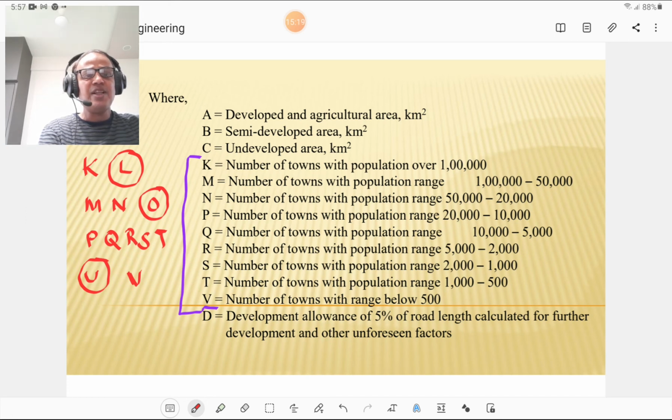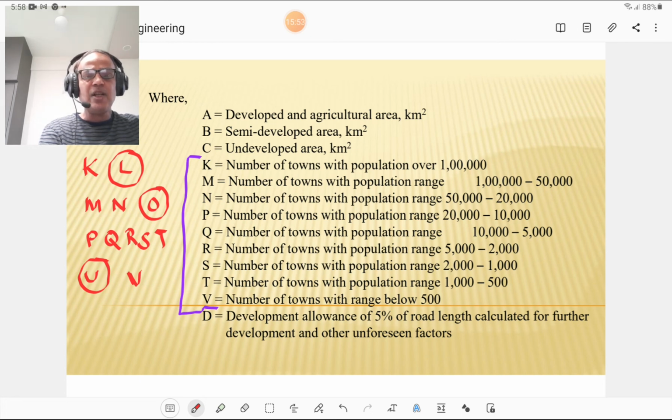with population range from 50,000 to 20,000, P is number of towns with population ranges from 20,000 to 10,000, Q is equal to number of towns with population ranges from 10,000 to 5,000, R is the population ranges from 5,000 to 2,000, S is the population range from 2,000 to 1,000, T is the population range of 1,000 to 500, and V is the number of towns with range below 500. So all types of populations are considered in this formula for 5 different categories of road, and where D is